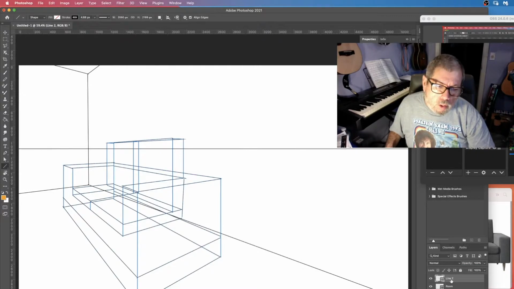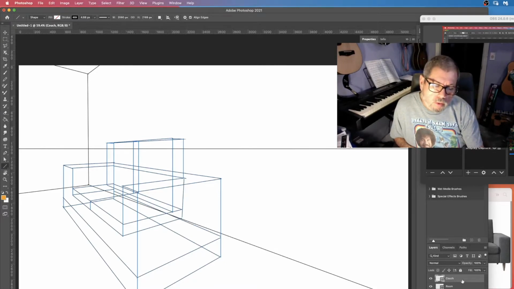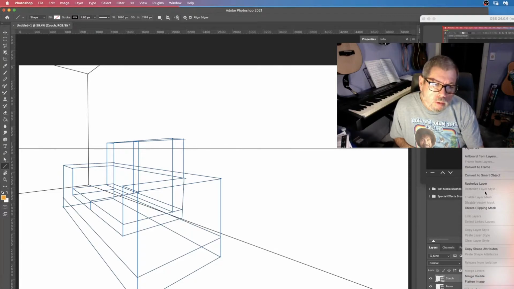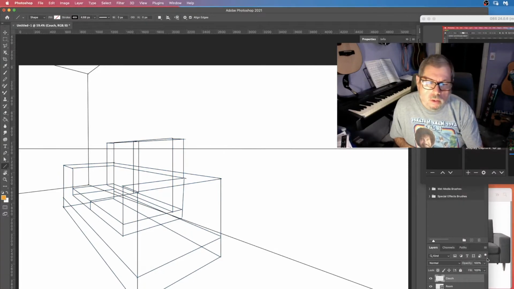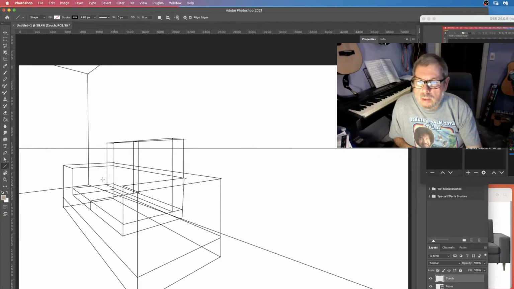And at this point, if I want, I can rasterize them because I'm not going to adjust that anymore, although I will possibly take out some of the bottom here. So now let's rasterize this so that we can start painting in some colors. Let's do a sort of lightish gray for the highlight areas, and we're going to figure out where those highlight areas are. I'm going to click OK for that, and go to my paint bucket tool,